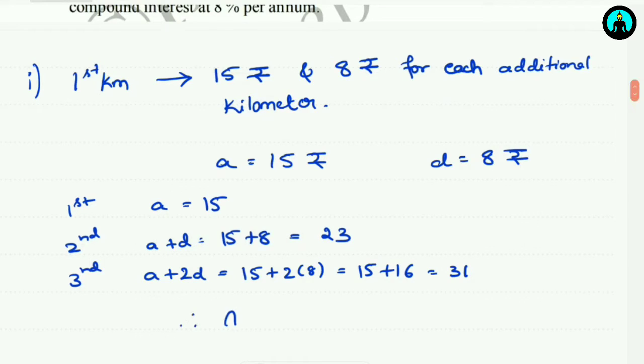So from this we can conclude that 15, 23, 31 form an AP, referring to the general form of AP. By the definition of AP, by adding the common difference D to the present term, we get the succeeding term. So the AP here is 15, 23 and 31. From this we can conclude that the list of numbers obtained from the given problem forms an AP.